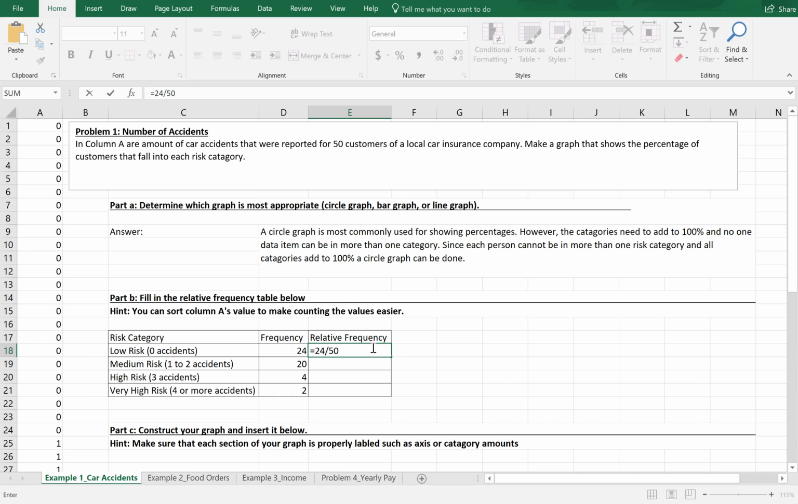Right? So equals 24 divided by 50. When I hit enter, it will perform my calculation and it'll give me the result. So that's 0.48. Now I could go through and do that for the remaining 3 cells. That's not a problem. The thing is though, Excel has a lot of capabilities to speed up repeated calculations like